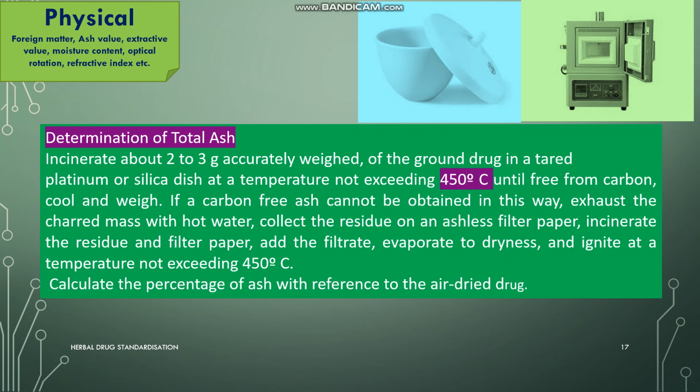How can we predict that the drug has converted to ash? When all the carbon content is removed, and we all know ash has a grayish color. So it will give an idea. I'm not saying that all plant material will give a grayish color ash. It is not for all crude drugs, but as a general procedure, when the carbon, or you can say the black color impurities, are gone from our crucible, then we can say that it might have become ash. We have general procedures for different plants also.